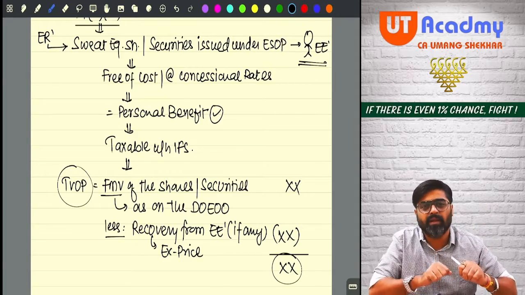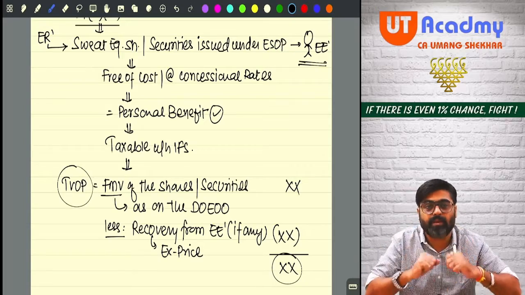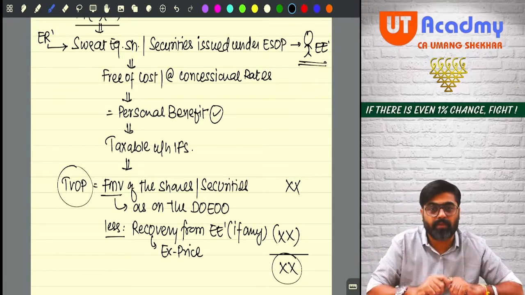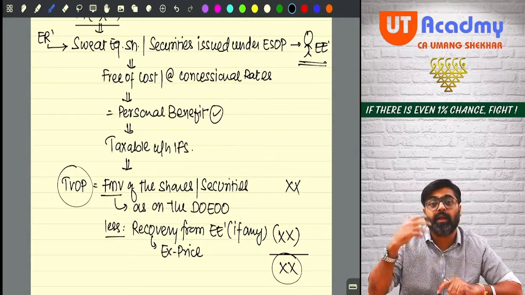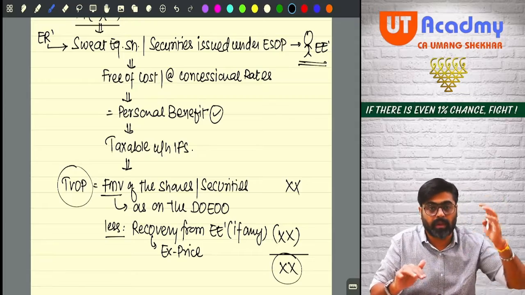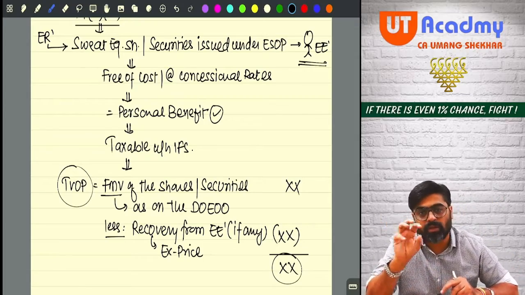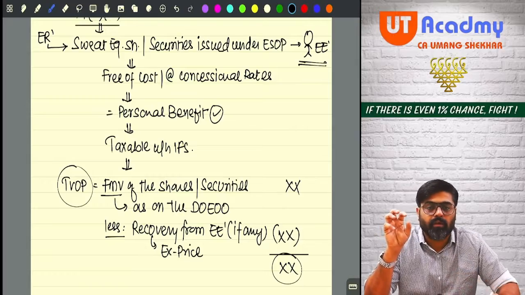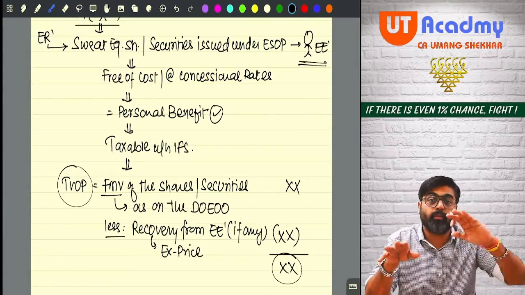It depends on the company, based on what conditions the company wants to give you these type of shares. Maybe it can be target based conditions, that if you achieve this much target, or maybe the employer wanted you to stay in the company for a long time, for 5 years, 10 years down the line. So if you satisfy all such conditions which are specified by the employer,